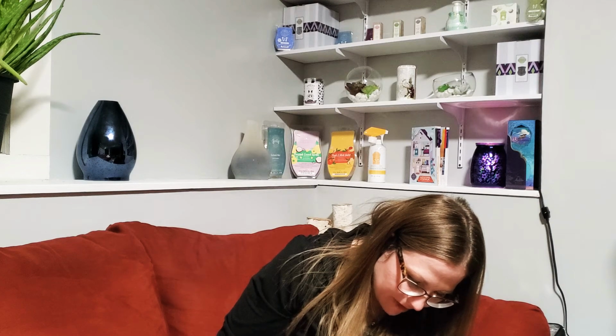The next one we have is Lavender Cotton. This is Find Your Magical Moment in Purple Lavender, Soft Cotton, and Daisy Blossom. And it's this color. A lot of people like this. I think a lot of people were kind of sad when it went away for fall winter, and now it's back. Because I'd heard a lot of good things about this at the end of last spring summer, I didn't put French lavender in my club, which I love. I took a chance and put lavender cotton in my club when it was going away for the season, and I got the bar. I warmed a couple cubes of it, and for me,